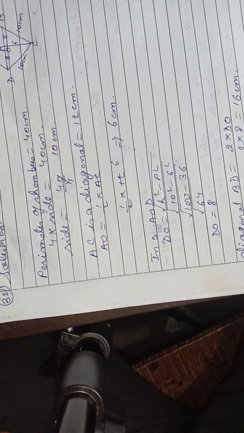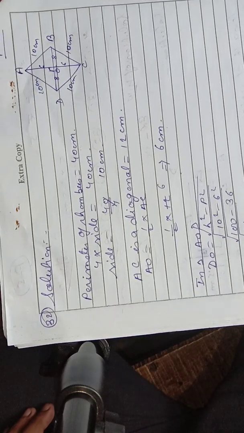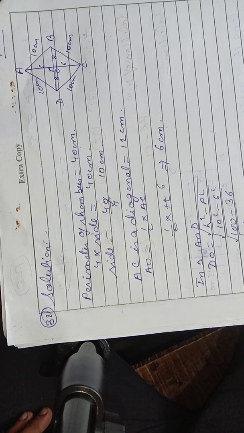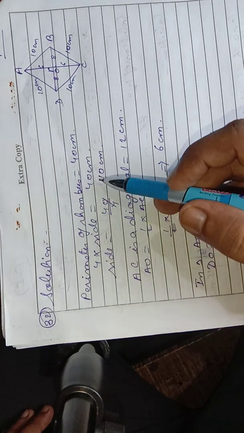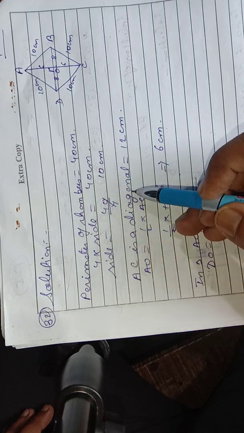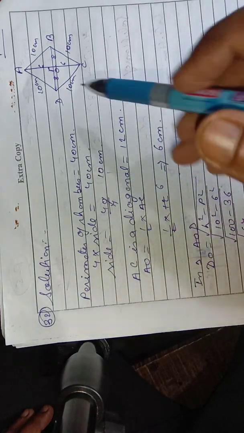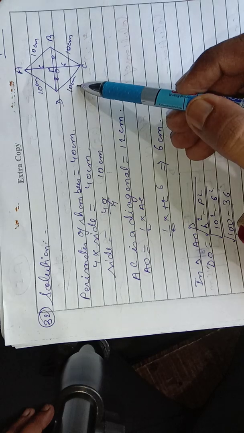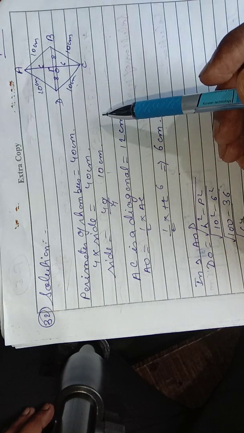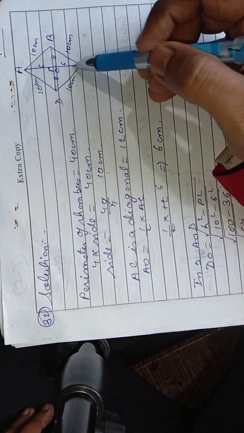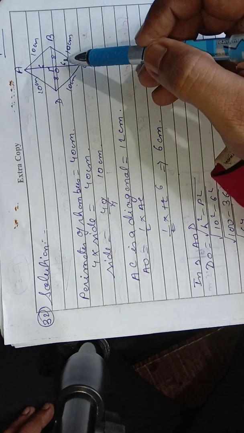Same way here, question number 32. What we have got? A rhombus shaped sheet with a perimeter 40 centimeter. And as we know, the perimeter of a rhombus is equal to 4 into side, which is 40. If you divide by 4, the side you will get is 10. So look here, 10, 10, 10, 10. One of the diagonals is given as 12. For example, AC if we are taking 12, half of it 6 and 6.